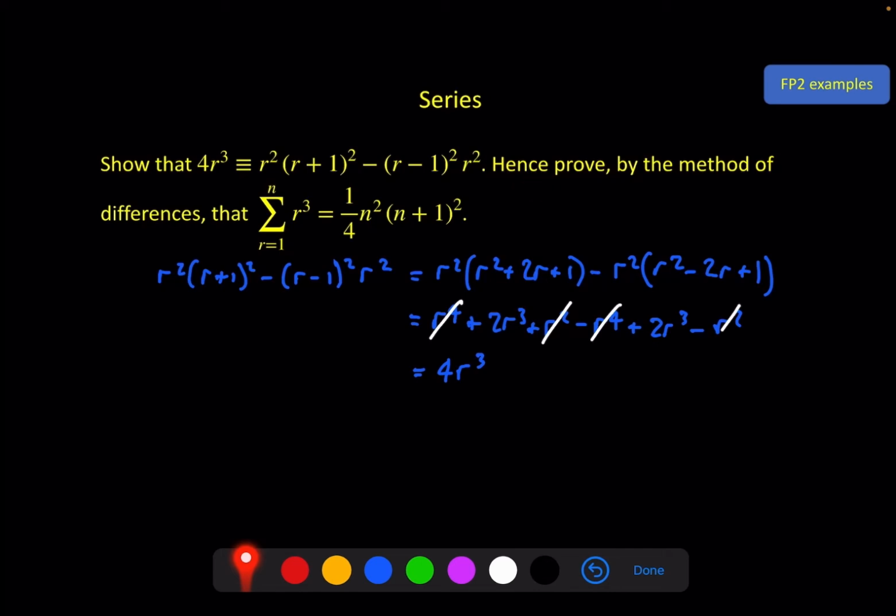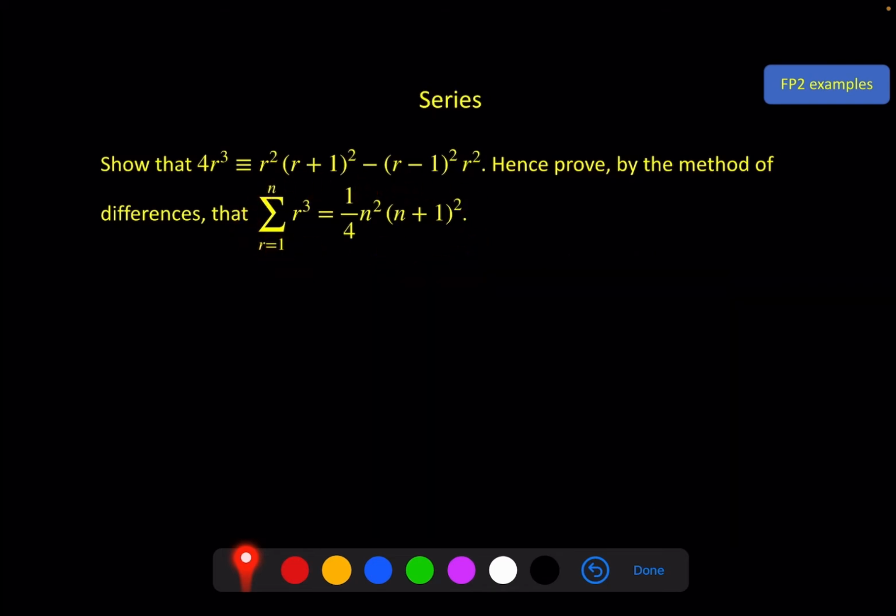Hence, i.e. using this fact, prove by the method of differences that this is true. Now you do know a different way of doing this. We did proof by induction in FP1, so a question often will specify which type of proof it wants. So we have to do this by the method of differences. First thing we need to do is write down that the thing we're trying to prove